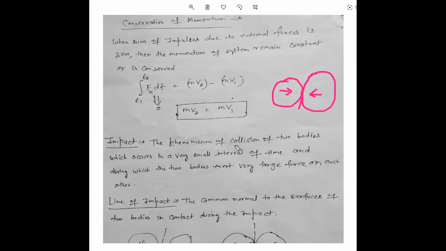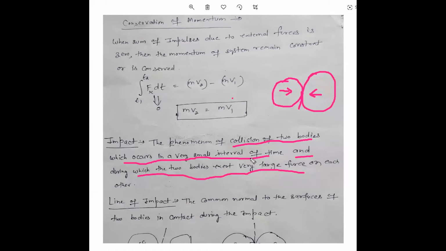Impact कब बोलते हैं, जब दो बॉडी कोलाइड करती हैं, जब दो बॉडी कांटेक्ट बनाती हैं, लेकिन जो कोलिजन हो रहा है, जो कांटेक्ट बन रहा है, that occurs in a very small interval of time. ये तो टाइम जो क्वांटिटी है वो काफी कम होनी चाहिए, and the second thing is, during which the two bodies exert very large forces. तो क्वांटिटी ऑफ फोर्स है वो ज्यादा होनी चाहिए,